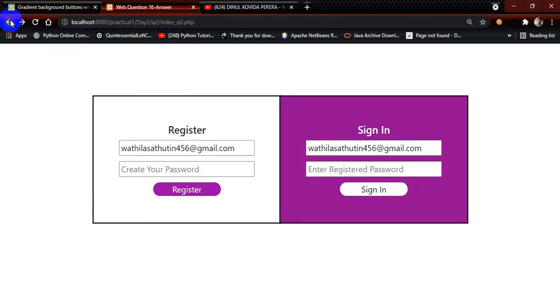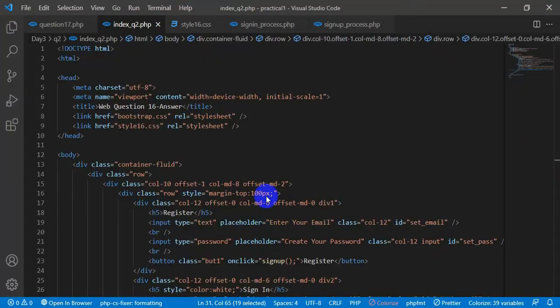If I click on OK, it transfers us to the home page. There's no design in the home page, so I just named it welcome to the home page. But even this simple design you can't see if you are not registered into the system. So this is the basic design, these are the validations and all the stuff, and now I'm going to go through the coding part. It's not simple, but I'll share the coding part with you.